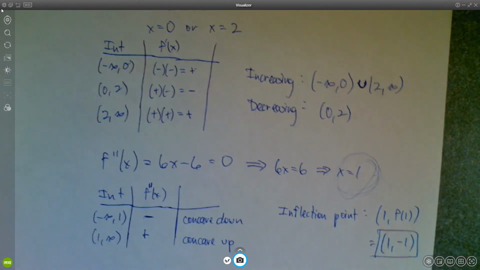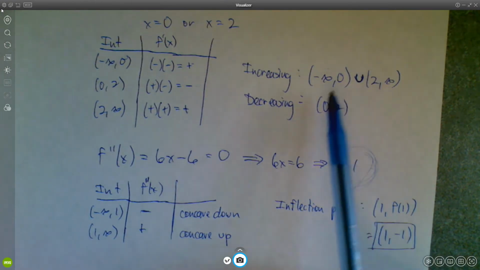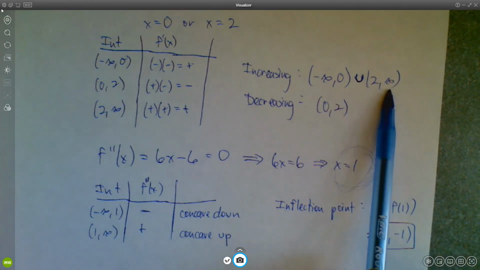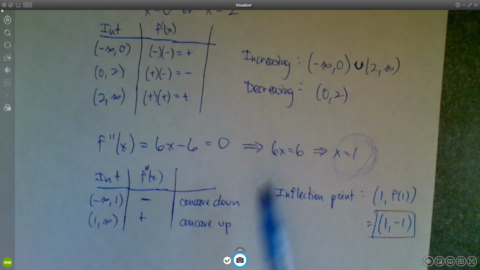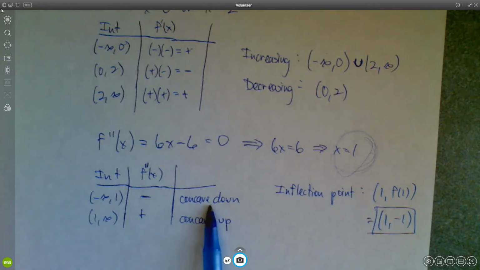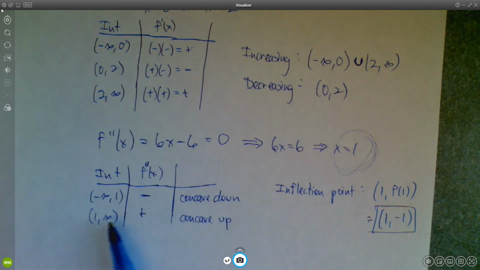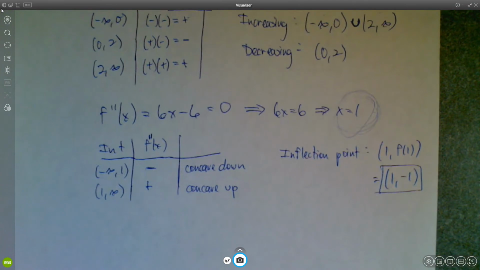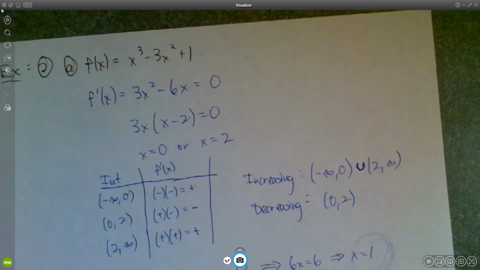Okay, and so there you go. We're increasing from negative infinity to 0, and from 2 to infinity. We're decreasing from 0 to 2. We're concave down from negative infinity to 1, and then concave up from 1 to infinity. Now I'm curious to look at this graph in Desmos